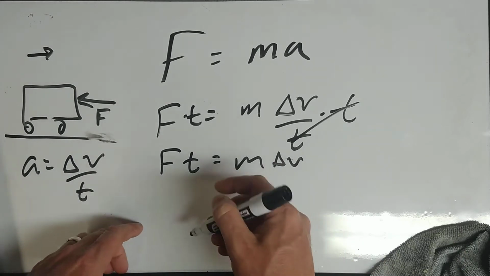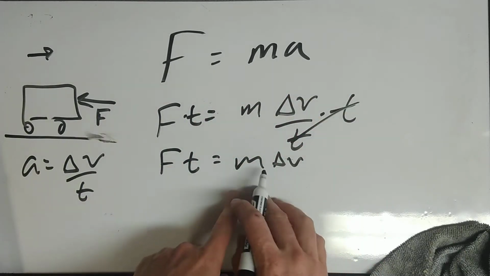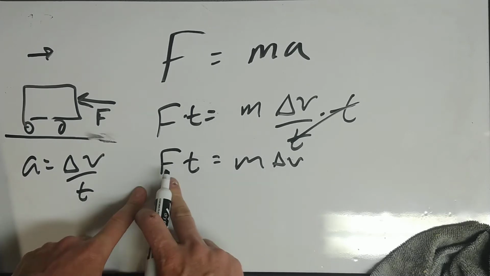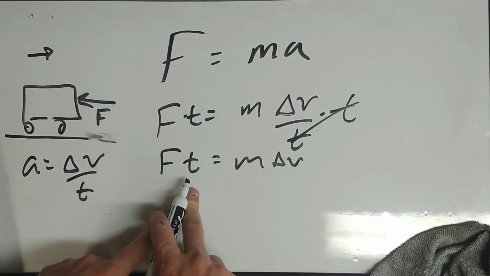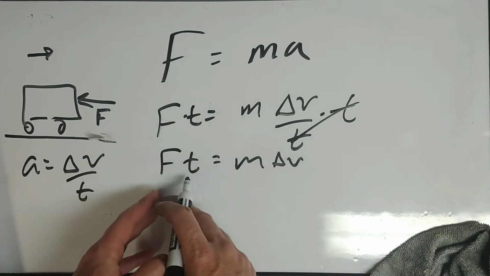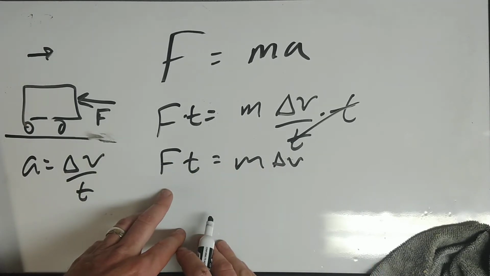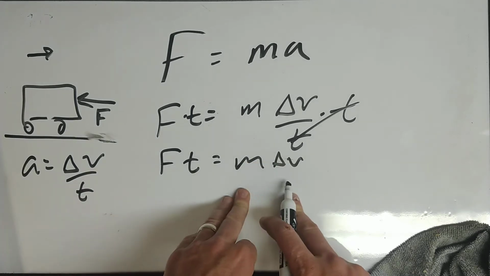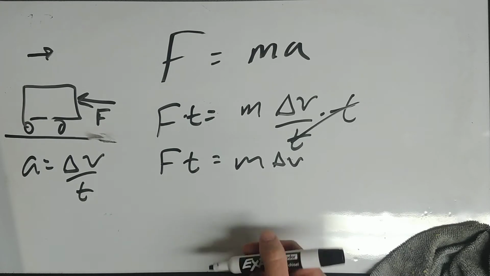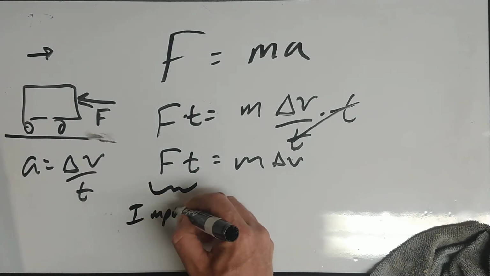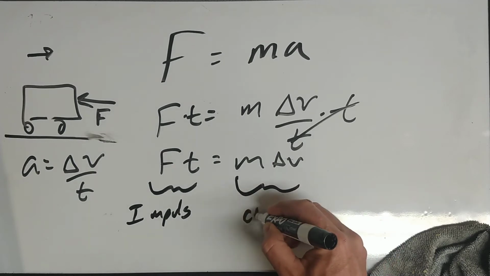So this side of the equation is kind of like the properties of the cart, its mass and velocity. This is the force and the amount of time it's acting for. All right, so it's like the cart and the force, the cart and the force. The application, and what changes or what doesn't change being the mass. So this side of the equation we end up calling impulse. This we call change in